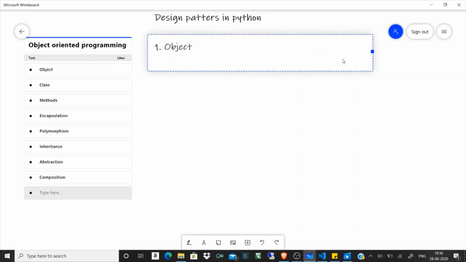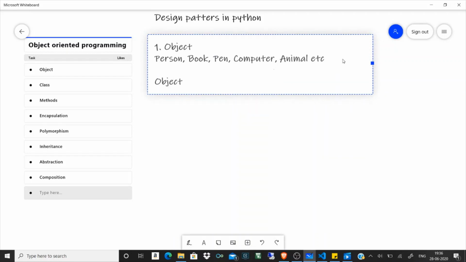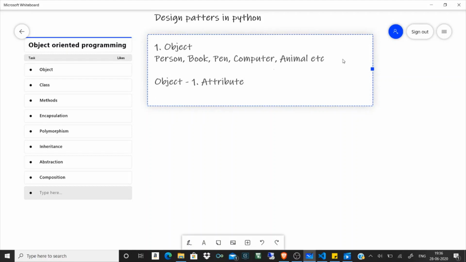An object basically will have two things. One is attribute, and the second part is behavior. With respect to a programming language, attribute will be represented as data and behavior will be represented as a method.